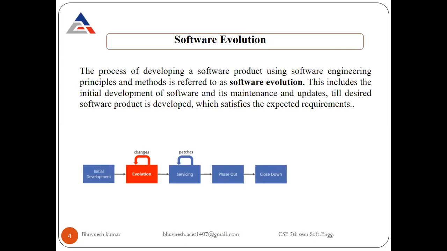And this software evolution includes the initial development of software, and it maintains and updates your product from time to time. That's what evolution means. Now listen carefully. What does evolution mean? If you are using Android, Android was launched around 2005. The software of your mobile phone is Android. Android, Mac or iOS, these are the